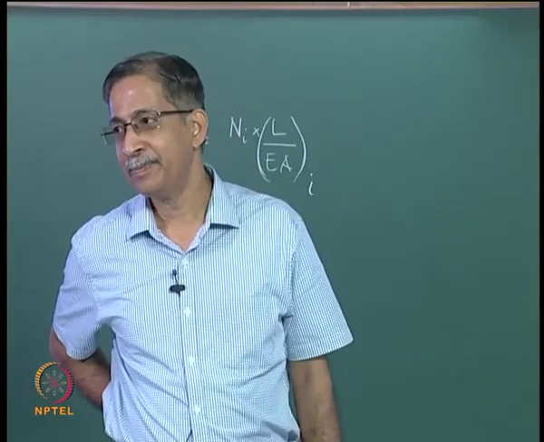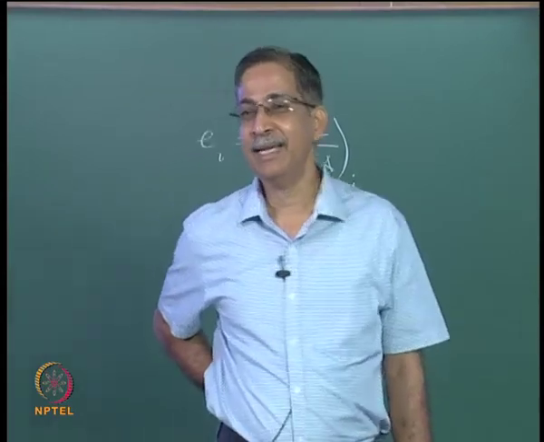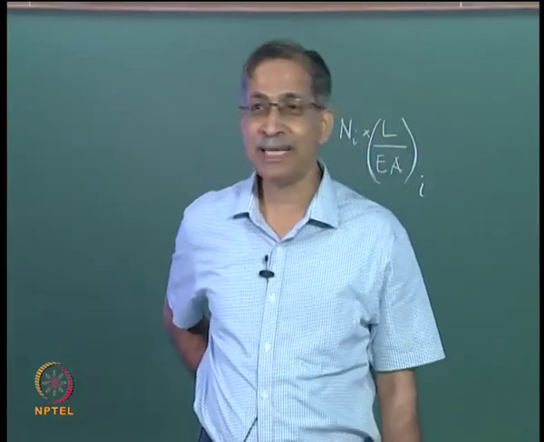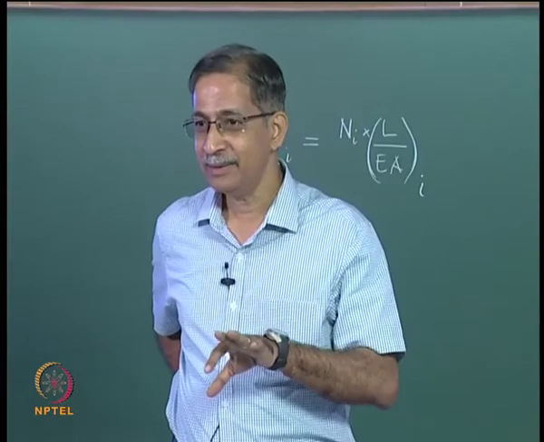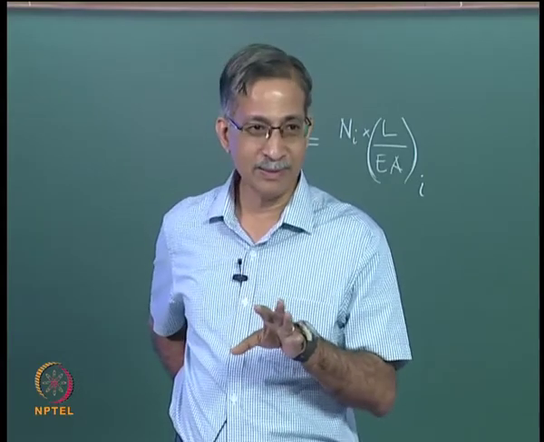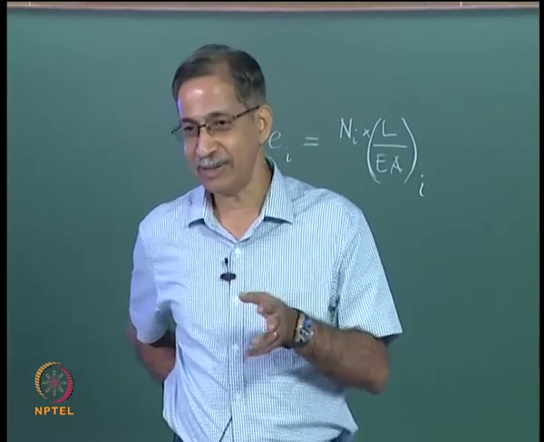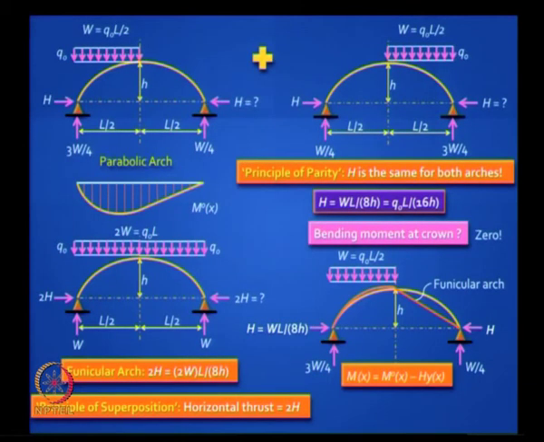One side it is hogging, on the other side it is sagging, if you look from the other side. That's right. If it's not 0, it should be either sagging or hogging, in which case in the total arch it should be 2 times that moment, because you are doing superposition, but then you won't be able to satisfy the relationship. So the only answer is it has to be 0, and you can actually draw the bending moment diagram.